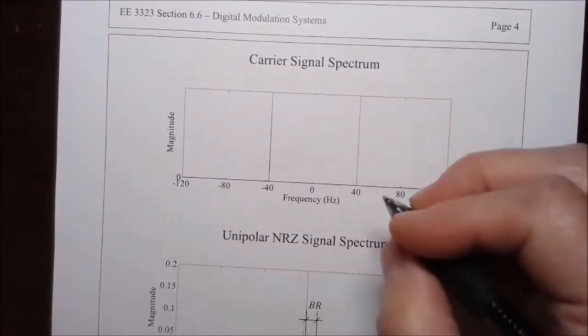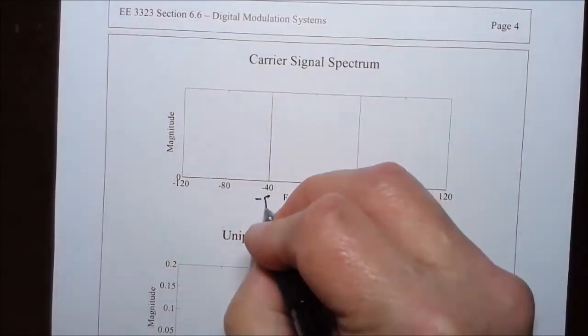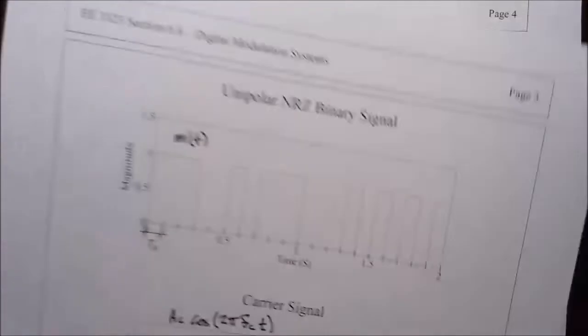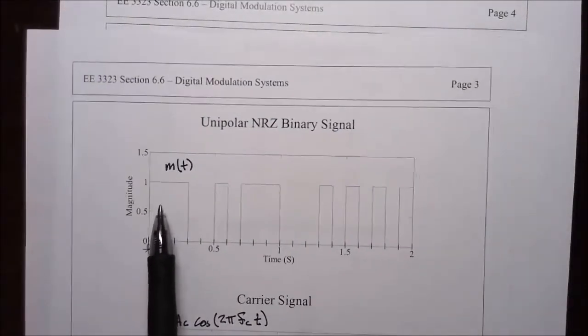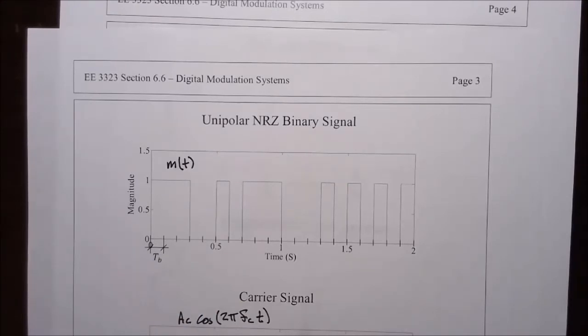This is plus and minus the carrier frequency, and now the spectrum of the unipolar non-return to zero binary signal. We worked this out mathematically,